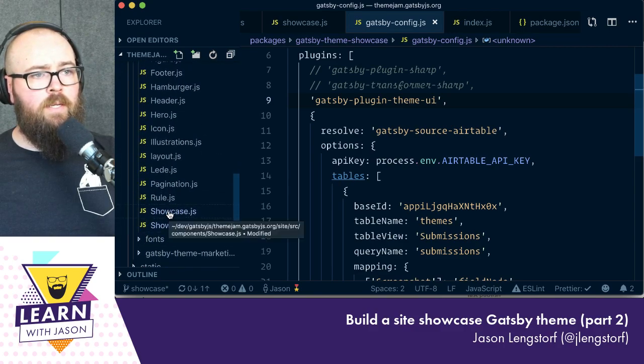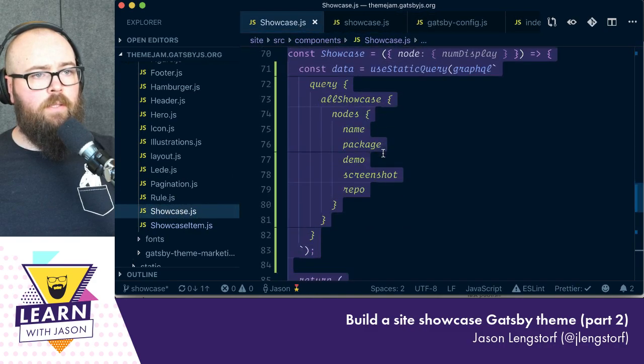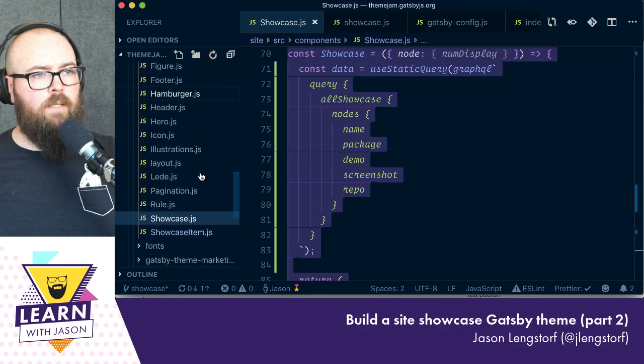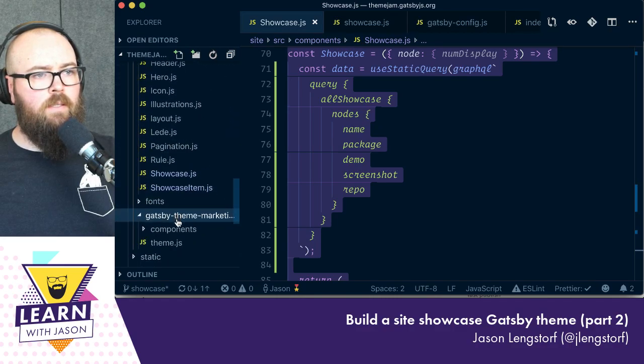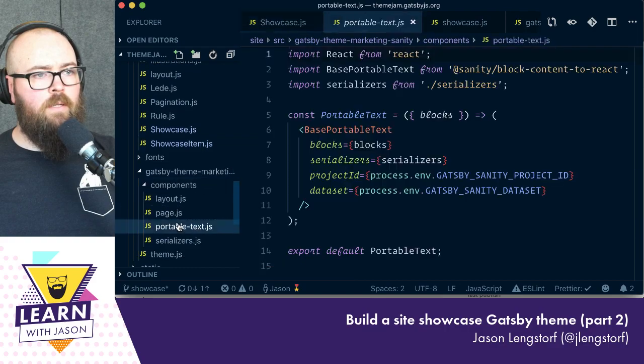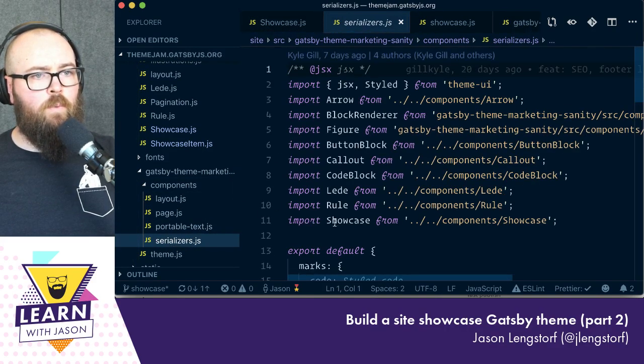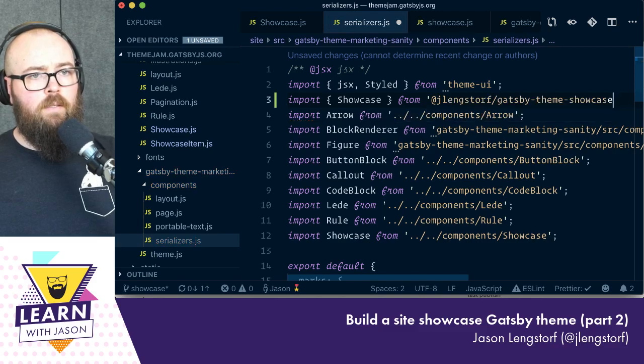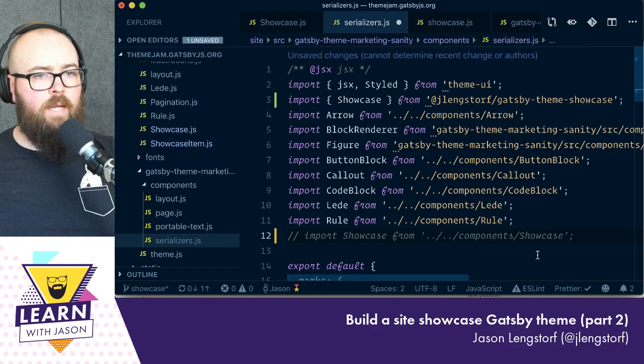the showcase here, I'm going to, let's see, how did we do this? We've got components, portable text, and so in the serializers, we're pulling in the showcase here. So instead, I'm going to import showcase from this theme showcase, and we're going to pass that into